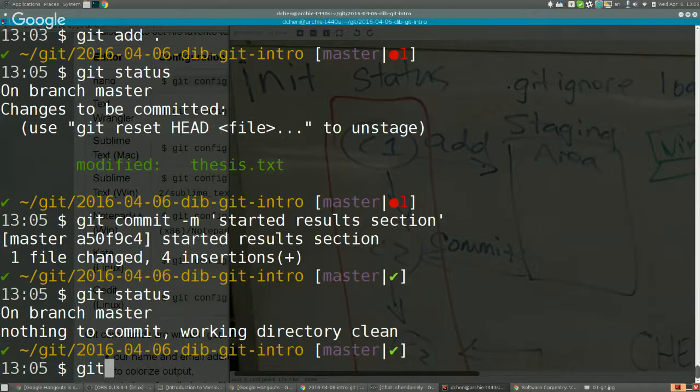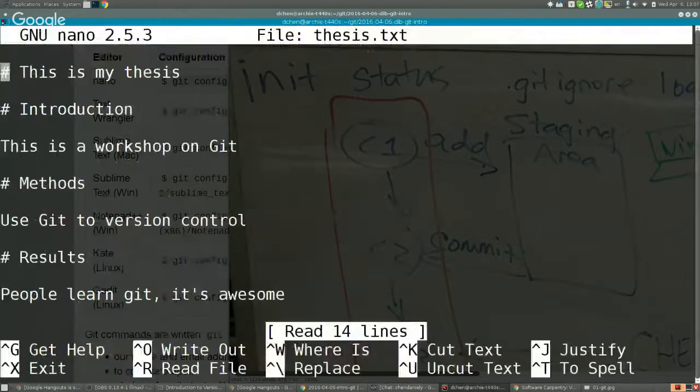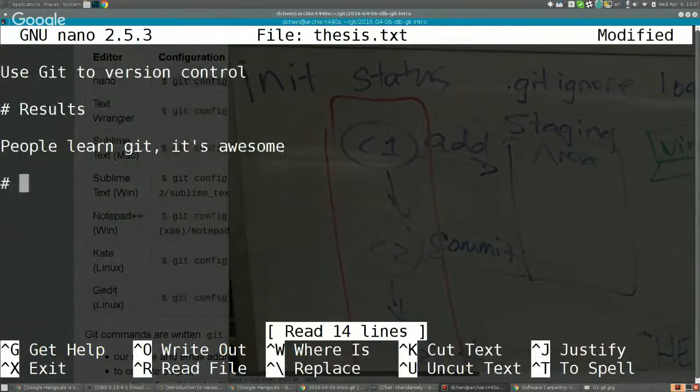So let's make a change to this file one more time. Let's say I'm just at work and I am editing this thesis, so I have results, and the last section is